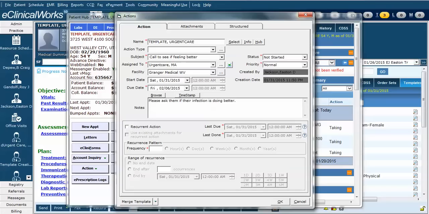So in this case, it's now going to have the note telling the Urgent Care MA to ask the patient if they're feeling better. This is not going to show up for the Urgent Care MA as an action to perform until the due date arrives. Now if I click OK at this point, the action will disappear from view, and then it will actually show up on the T jelly bean, which is over here on the person logged in or checking the Urgent Care MA